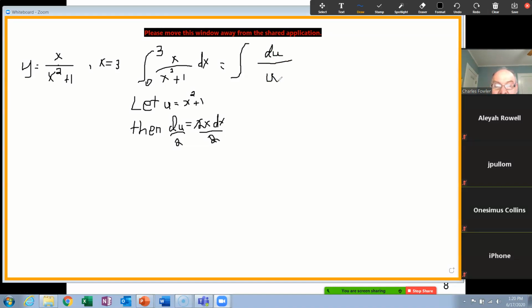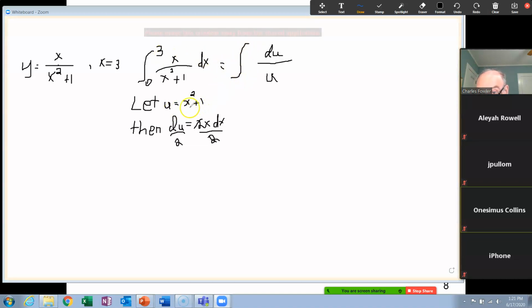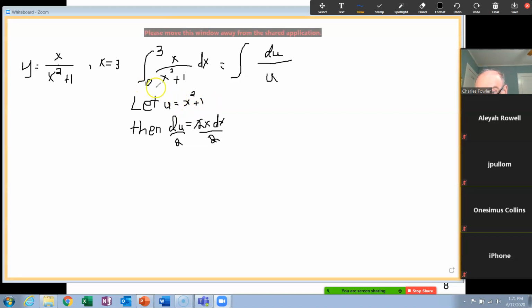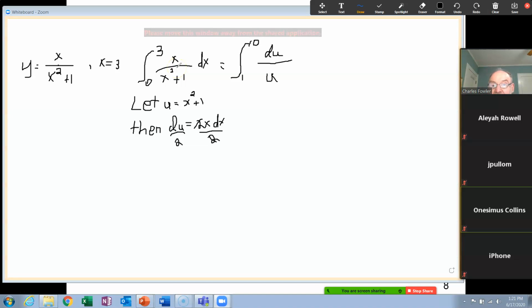And the part I left out, the limits of integration, this is where we go back and use this line. Because this represents the limits for x, what we want here are limits for u. So since we know the relationship between x and u, we plug in x equals 0. That would be 0 squared plus 1. u would be equal to 1. Up here for x equals 3, plug that in here. 3 squared, 9 plus 1 is 10. So the u is going from 1 to 10 when the x goes from 0 to 3. Okay? Now we can do our integration,